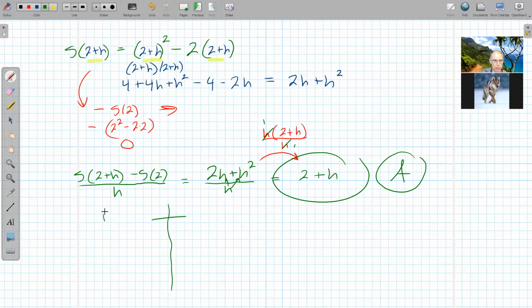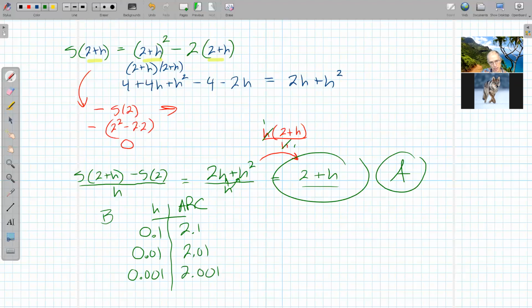So for part B, I'm going to make a table here. Spreadsheet would be kind of cute here. So we have values of H, and then we have our average rate of change. Well, that's cool. Arc. I never wrote that down before. 0.1 for H, 0.01, 0.001. So a tenth, a hundredth, a thousandth. Well, so that's pretty straightforward here. It's just 2 plus whatever that is. So it should be 2.1 and 2.01 and